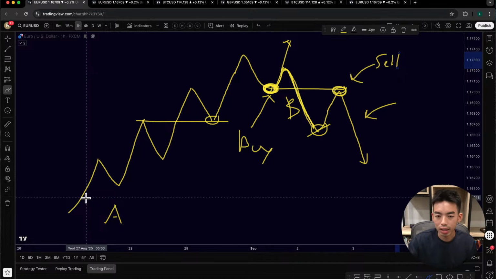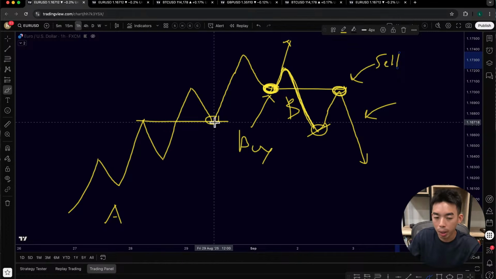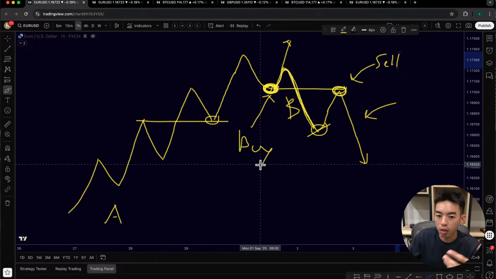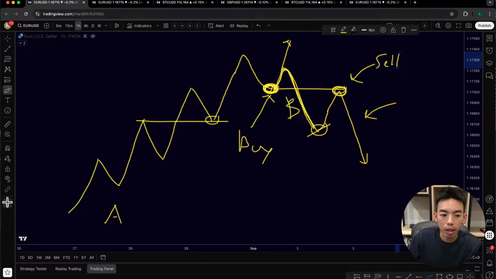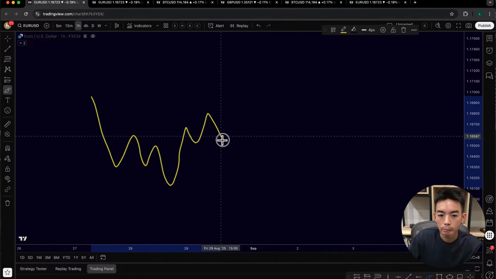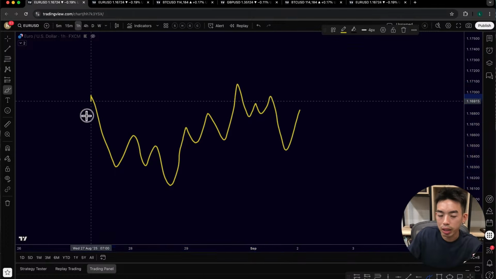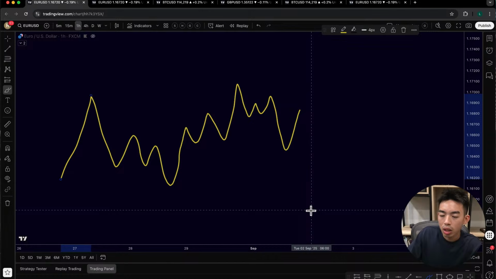This idea of a trap would only work if the entire market is thinking about the same thing. They're all thinking about the buys. You see things going up here, going up here, going up here, and people are looking for the buys. If you are in a market where things are just chopping, say like this, it's going to be very difficult, because in this situation not everyone is thinking about the same thing, right?